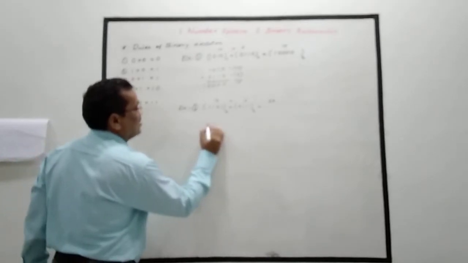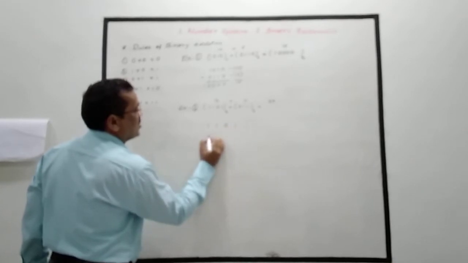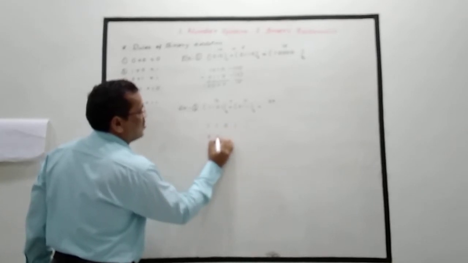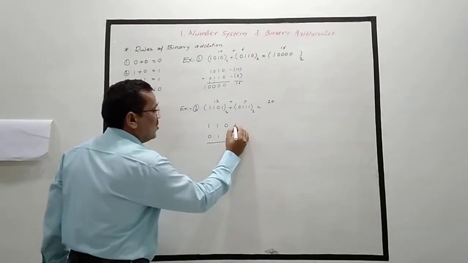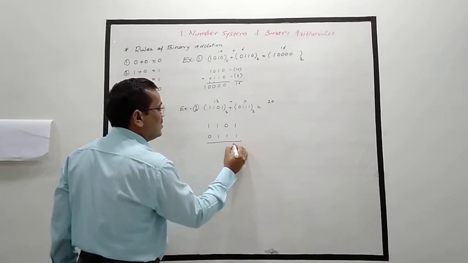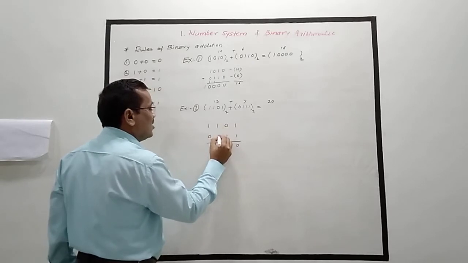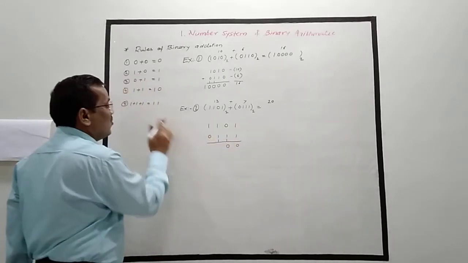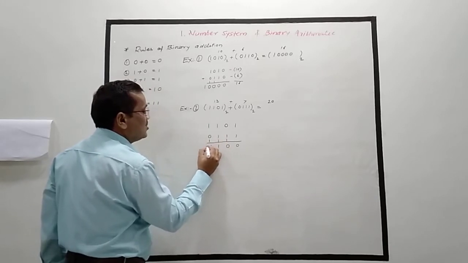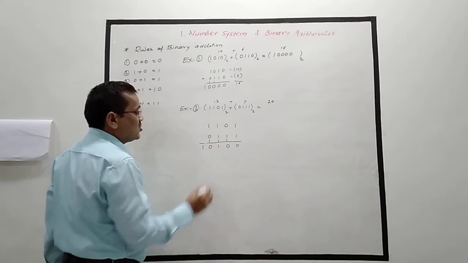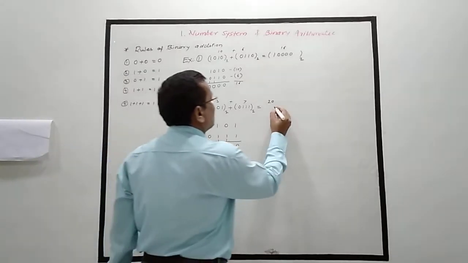So as we are adding these two numbers, 1101 is going to add with 0111. What is the addition? 1 plus 1, 2, that is 0 with carry 1. 1 plus 1, which is 0 with carry 1. 1 plus 1 plus 1, which is equal to 11, so 1 with carry 1. 1 plus 1, 0 with carry 1. So in this way, we are getting this number.